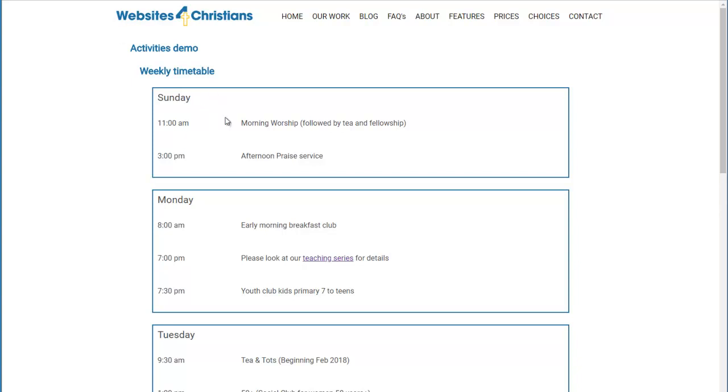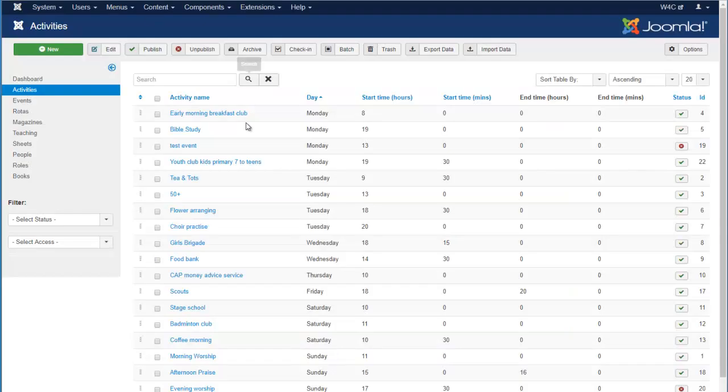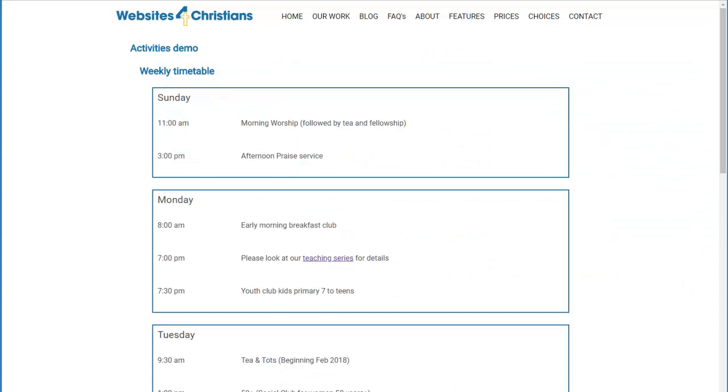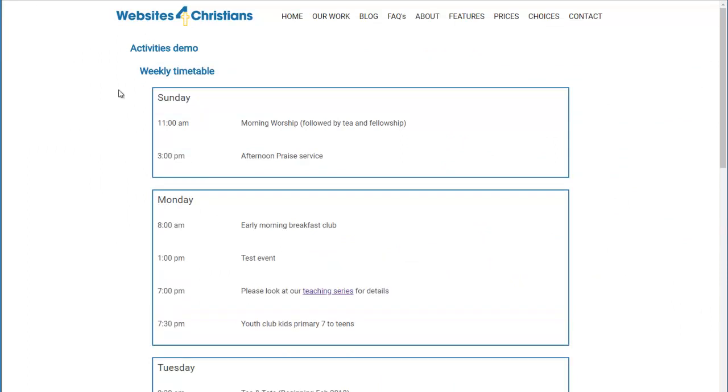You can see these activities relate to the activities listed. So Monday we've got early morning breakfast club, we've got teaching series, youth club, and so on. So if we flip back to the list view, see early morning breakfast club, Bible study, youth club, and so on. If we now turn on this test event, here we go. You can see it says it's published now, test event. If we go back to the activities and refresh the page, yep, test event now appears,